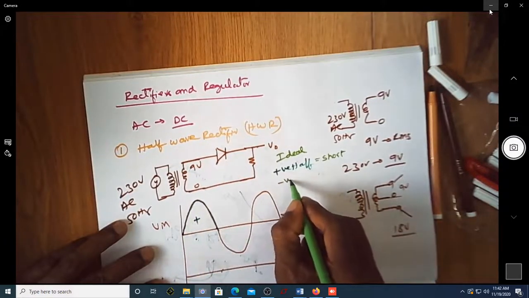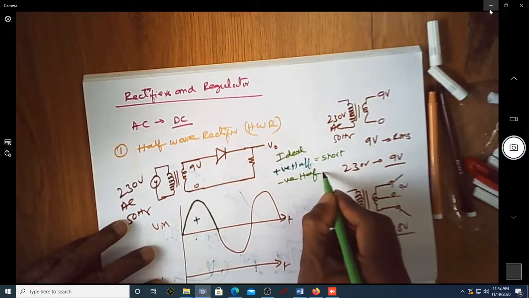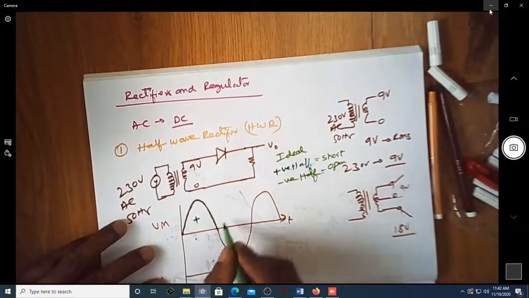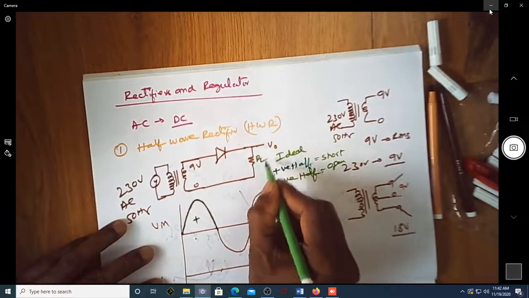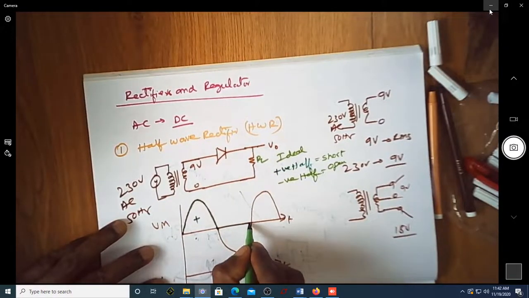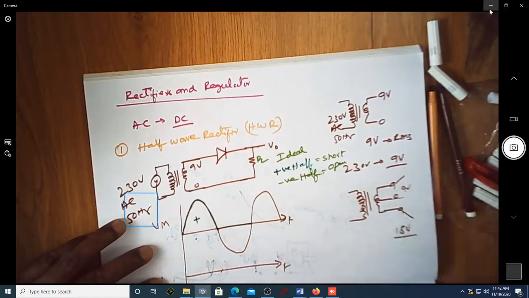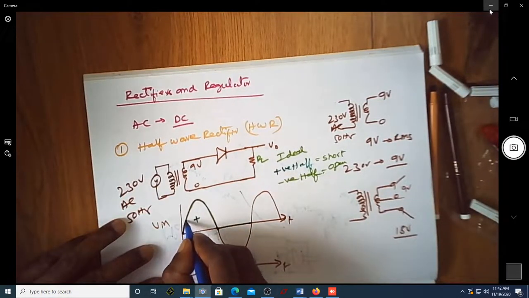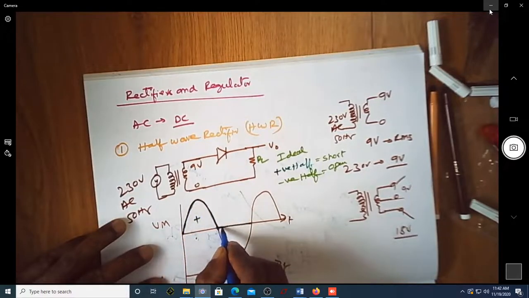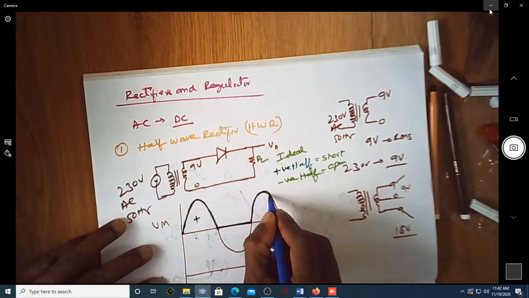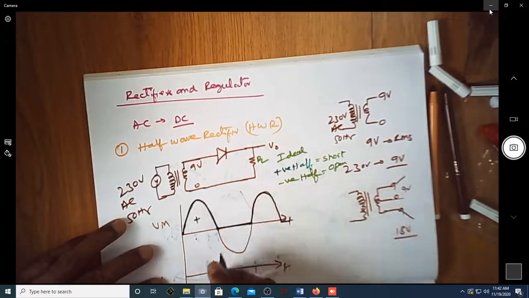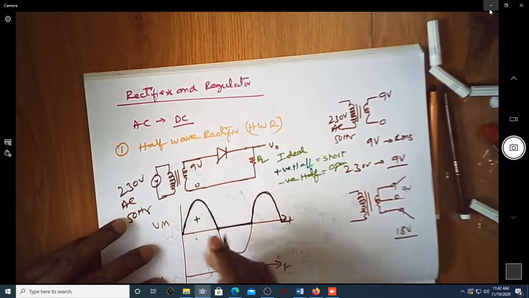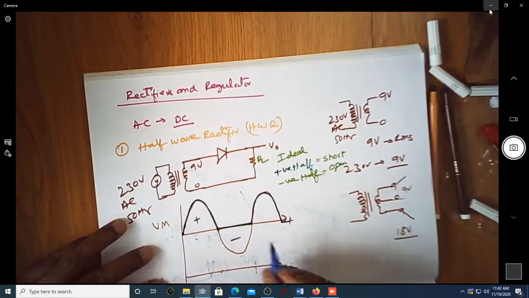During the negative half cycle, so negative half of the input voltage, it is an open circuit. So when it is open circuit, output voltage across RL is 0. So this is what we're going to get. Let me just write it using a bit darker pen. This is how it goes. This is fully off, this is now again on, and so on. So we have the output voltage following the input during the positive cycle. During the negative half cycle, output voltage is 0.